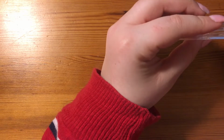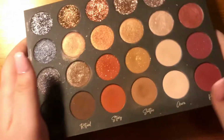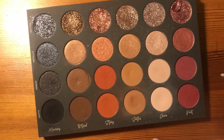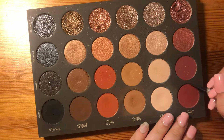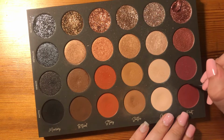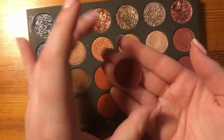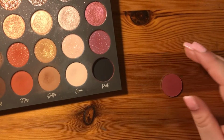This final palette I think is one that more people don't know is magnetic, and that is the Tatty Beauty palette. This is magnetic in the same way that the Colourpop palette is magnetic. So again, I'll be careful, I feel a bit more precious about this one as it cost a lot more. Go in the side, you can pull out the shades